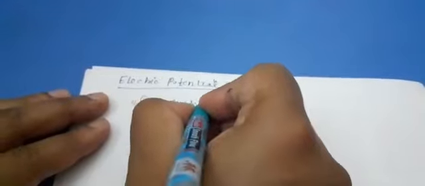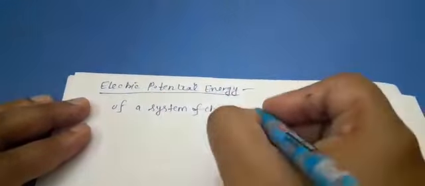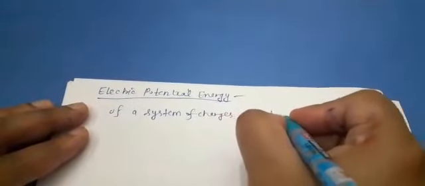Now, today we will start a new topic, that is electric potential energy. Before this, we have done the concept of potential, equipotential surfaces. Now, electric potential energy, of a system of charges, many number of charges can be there, is defined as